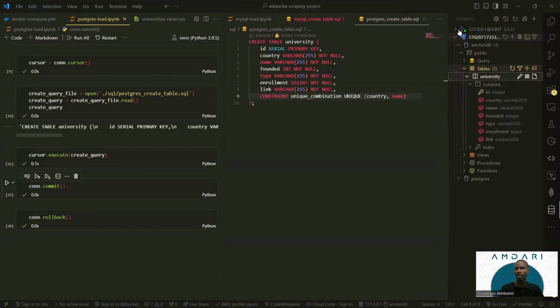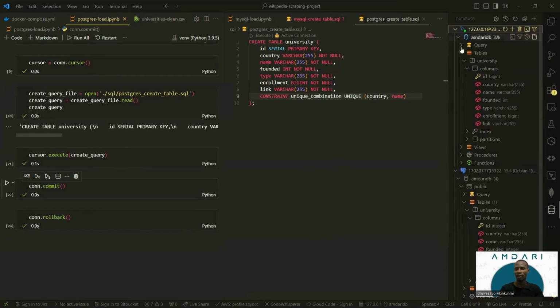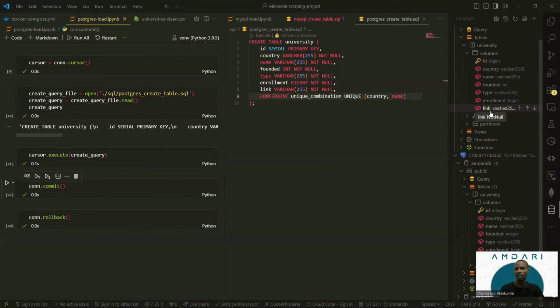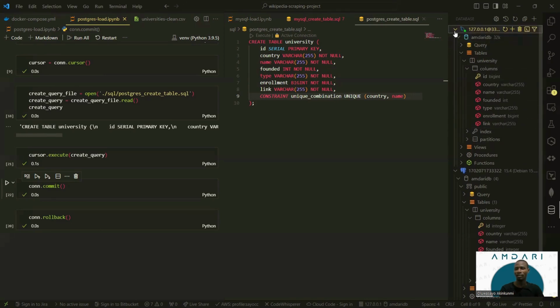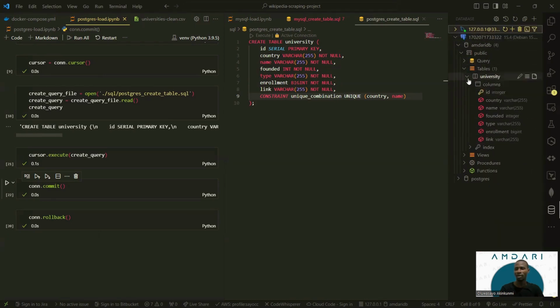So very similar to the MySQL case, which we have up here. And it's, in fact, of course, going to be the same columns, right? But this is for Postgres. And currently, we don't have any data here, right? So if I try to,